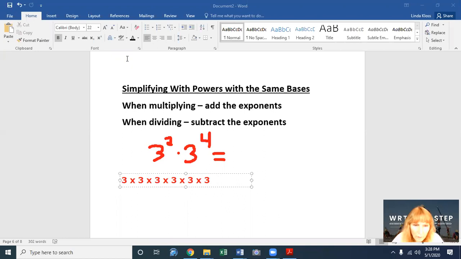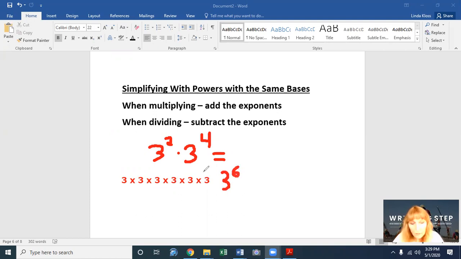Because you have 2 of them, you have 2 3's for this one, and you have 1, 2, 3, 4 3's with that one, right? So how many 3's do you have altogether? Altogether, you have 3 to the, count your 3's, 1, 2, 3, 4, 5, 6, 3 to the 6th power,